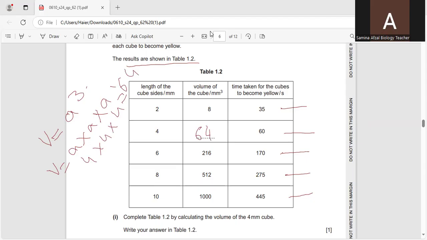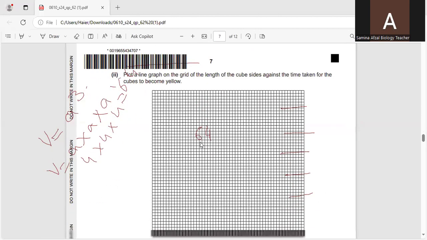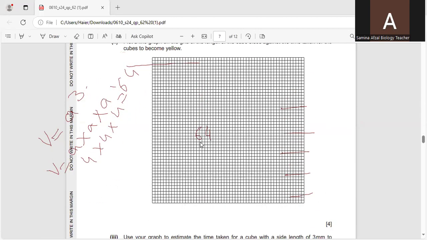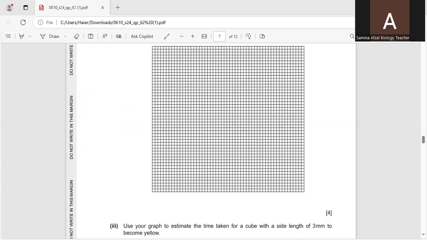So the length is 4. The volume will be 64 cubic millimeter, and the time taken for this will be 60 seconds. Now we have to take these values and draw a graph for this. So in this way, we are going to draw a graph, and for this purpose, we have to take two values, the length and the time taken,